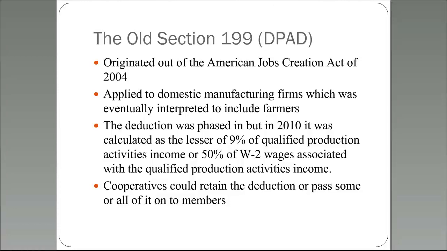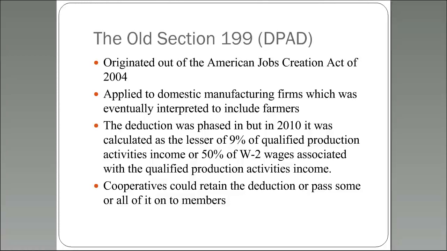We want to give this to American people that are producing domestically, but also that are hiring people. So if you're not hiring people domestically, you don't get this. And so then the cooperative could take this deduction on the behalf of its members, and it could retain this deduction or pass some of it through. And so that was a big argument in justifying the Section 199A also was cooperatives have been getting this deduction and they've been passing it on to their members, and so this has been a big tax deduction that's going to our hardworking farmers, and we don't want to take that away out of this tax reform.